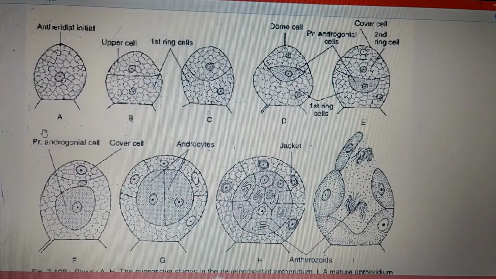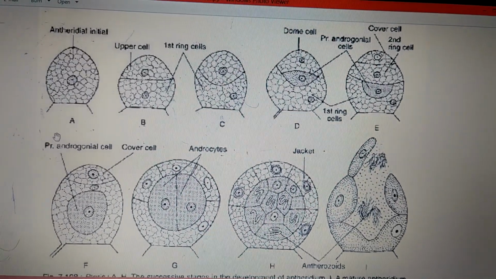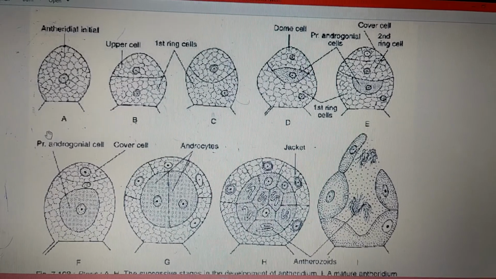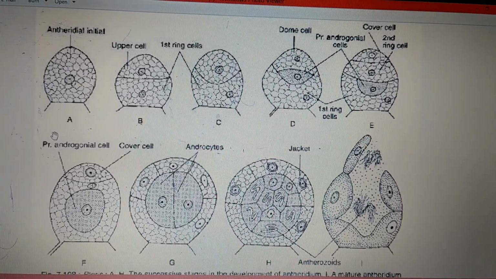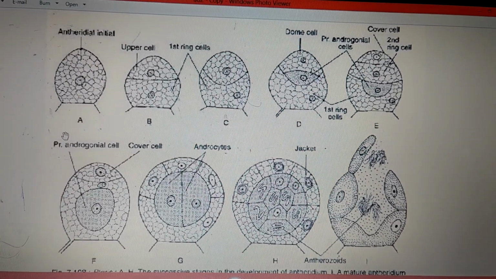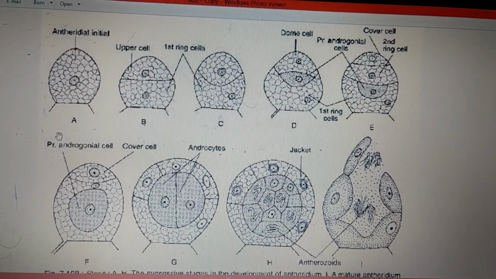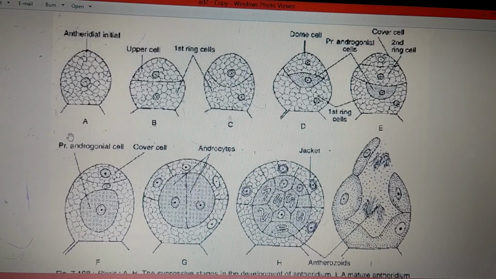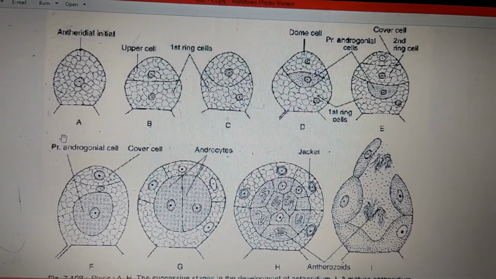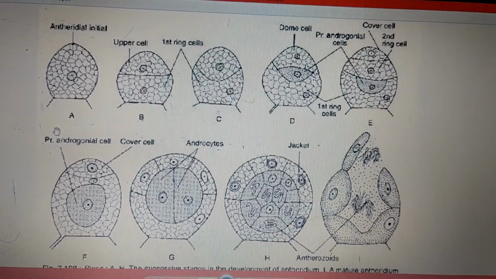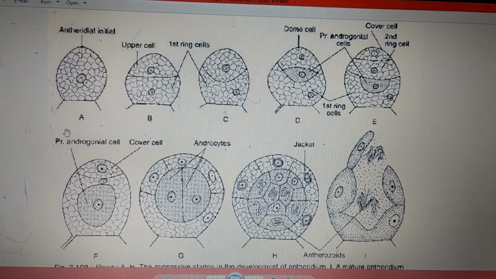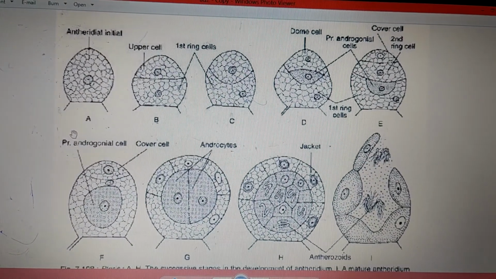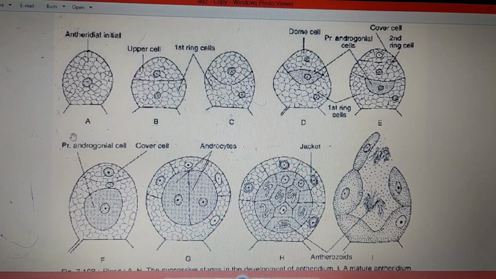Here we'll be discussing different stages in the development of antheridia in case of Adiantum. As we all know, the gametophytic phase of Adiantum is a somewhat heart-shaped structure, where we can clearly make out the dorsal and ventral surface. On the ventral surface, there is a development of archegonia as well as antheridia. Archegonia are usually formed at the apical notch where there is a growing point, whereas the antheridia are formed just